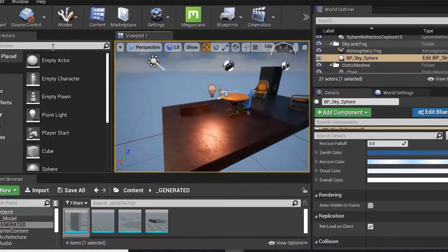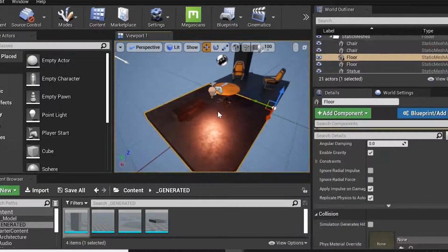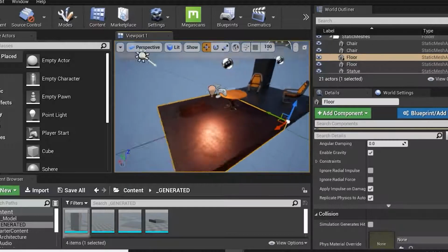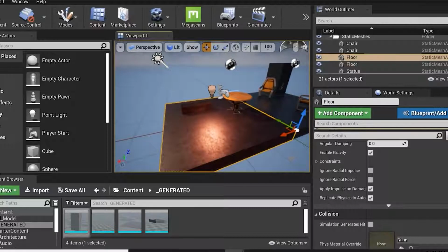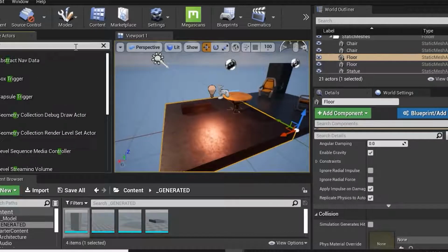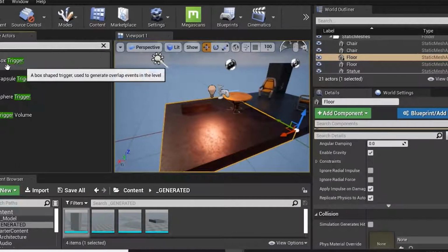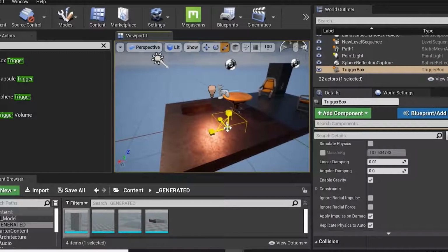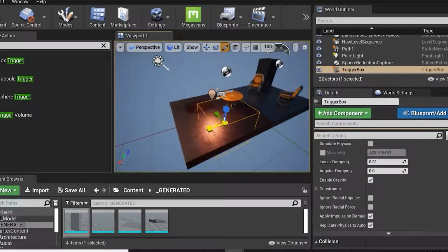Now see, trigger means what? For an example, I've created one room. In that room one character is entering. Once it enters, I want my room light to get turned on automatically. So we need to use a trigger for that, right? Here we can see a box trigger we have. For an example, what I'll do, I'll scale it; this is not renderable.